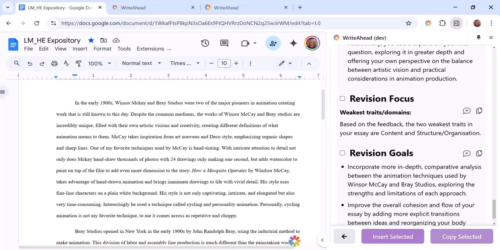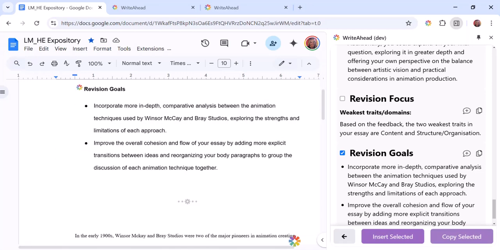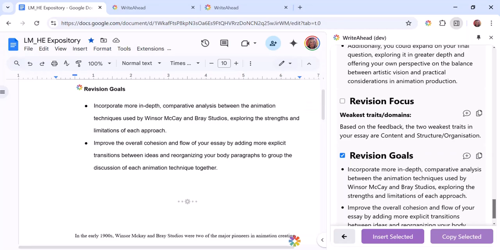When I select this, I'm just going to select the revision goals here. And insert, it's going to insert the feedback directly in on top or in the top section of the student's writing. So here you see the essay. There are a couple of icons that separate this, but this is one strategy for returning feedback